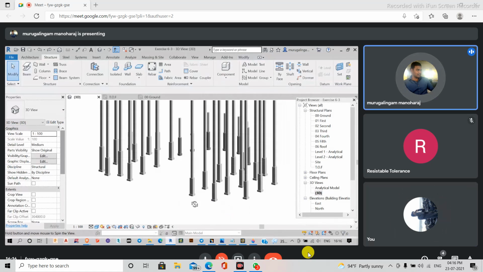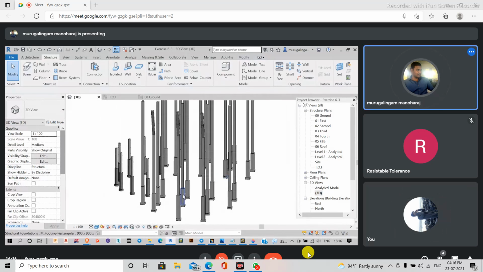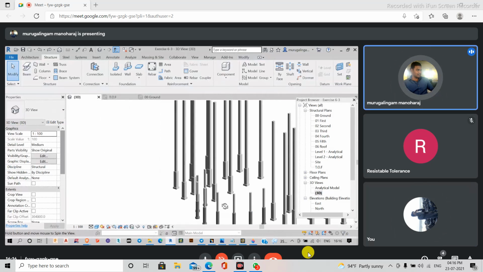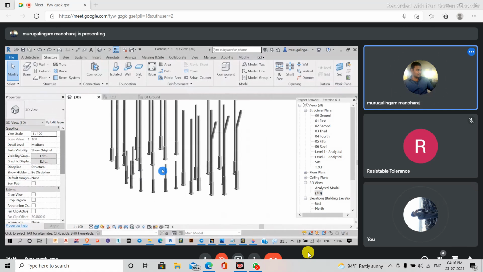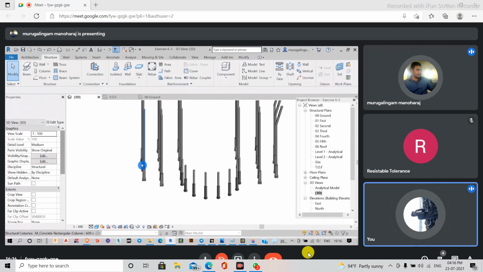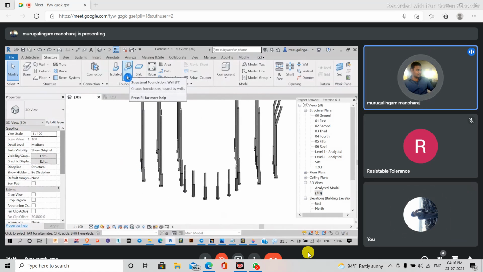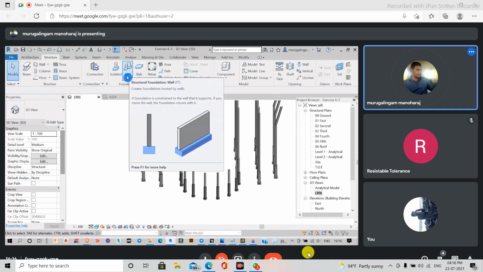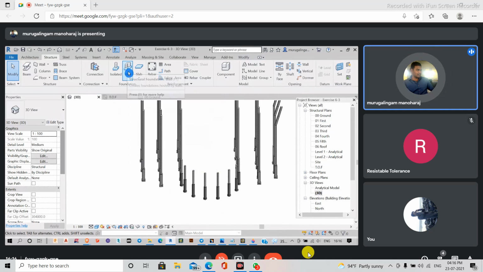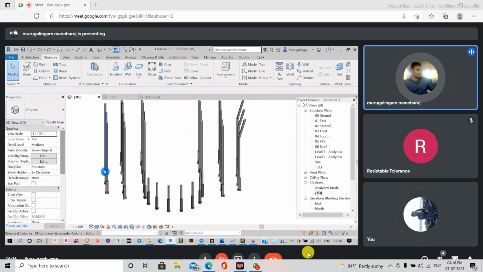What I did is I just got back to my normal stage, without this color coding and those things I had created here. Then we will discuss some more options. One more foundation option is there: wall foundation. To use that wall foundation, I need a wall here. So I'm going to create a wall so that it will act as a fill bottom portion for me, and within that area I can fill my soil.